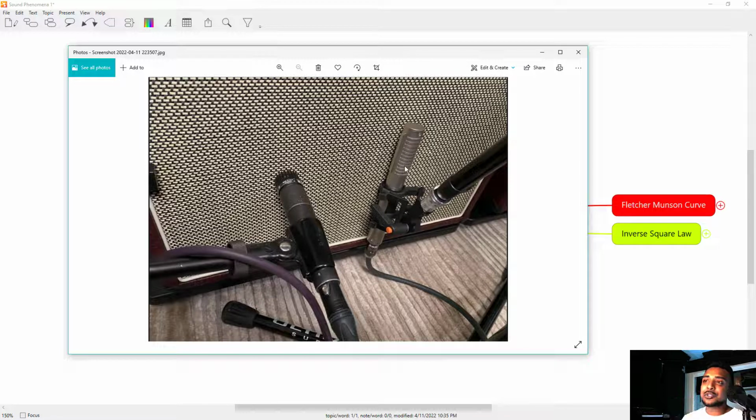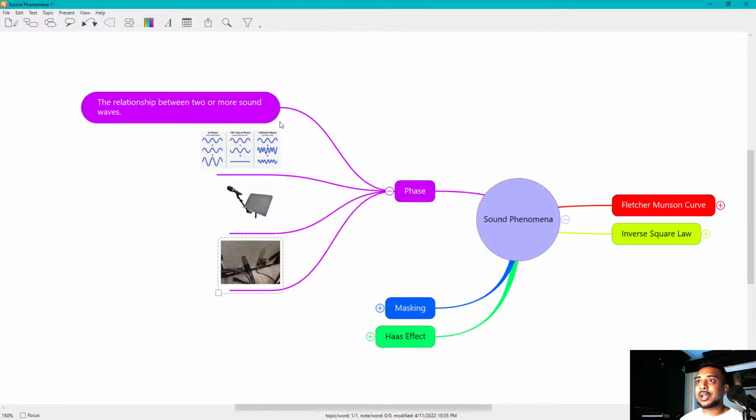So as audio engineers, we take a lot of measures to keep the microphones equidistant so you can be in phase with one another, right? So the time that the sound from the guitar amp comes to this microphone and the time that the sound comes to this microphone is exactly the same. So you'll have sound